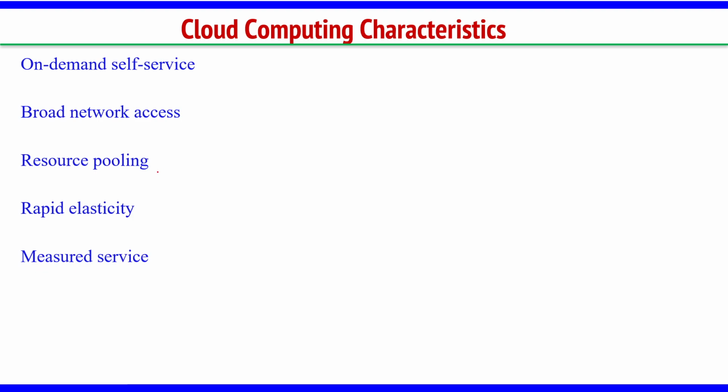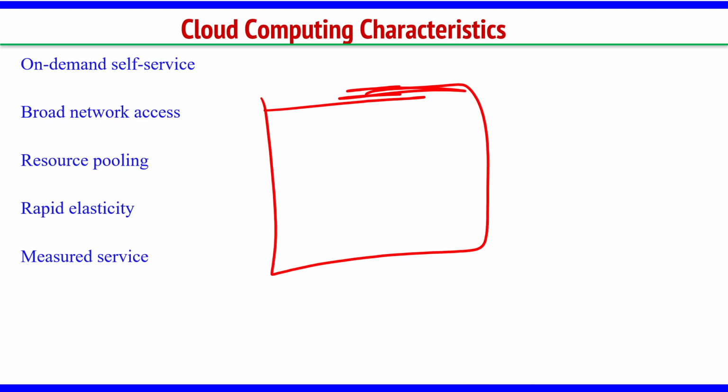The third is resource pooling. They maintain a lot of resources. So you want RAM, you want storage, that resource pooling is done by them. As much storage as you want, they have it. They will provide it to you because they do the resource pooling. They maintain the infrastructure in their cloud data center. They maintain some data centers where they have a lot of resources available, and when one consumer is requesting, they will